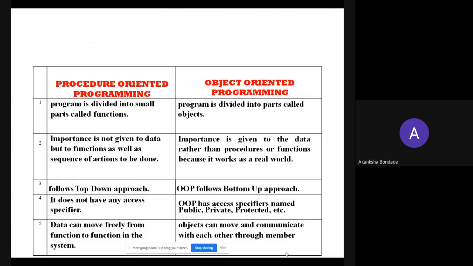The next difference is that in procedure oriented programming, importance is not given to the data but to the function as well as the sequence of actions to be done. Yes, in procedure oriented programming, they do not give importance to the data because here they follow the procedure. So when the procedure is executed, the sequence of the data is called and executed and runs the process.